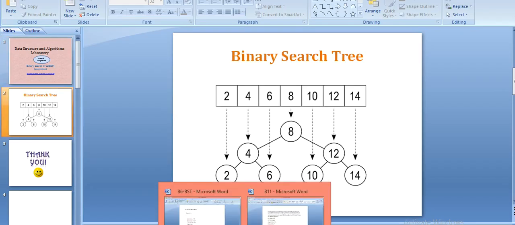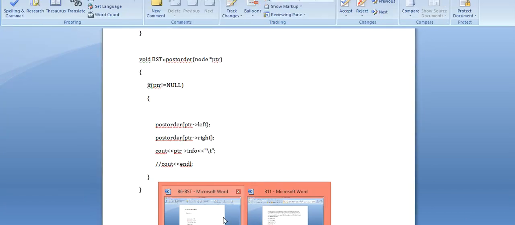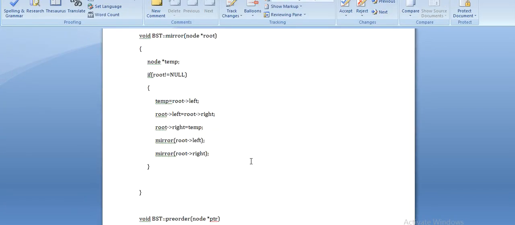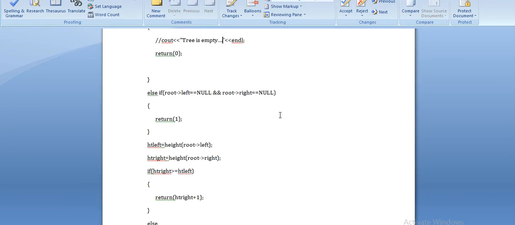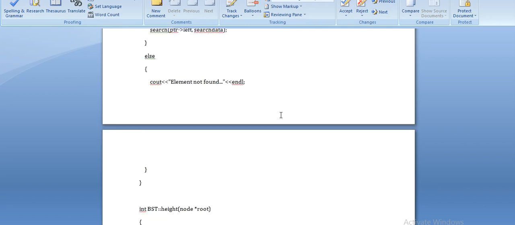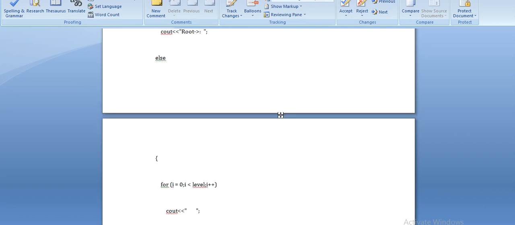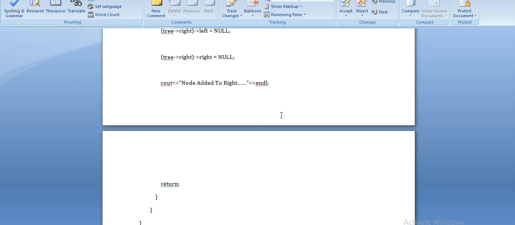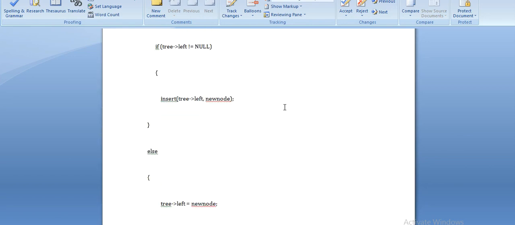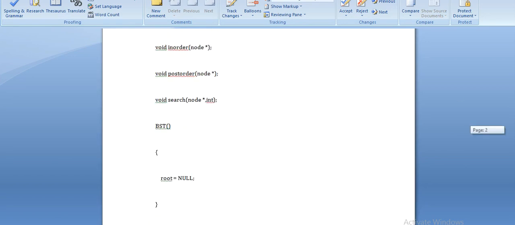So directly moving towards the code, this is the code we are having, and this is the code that we need to execute.